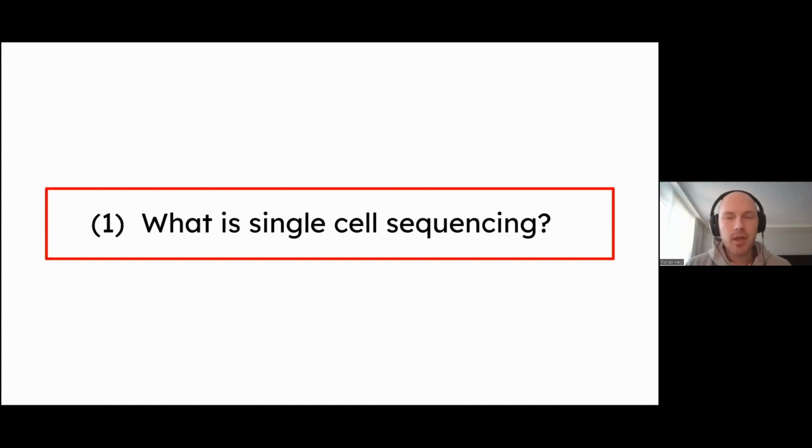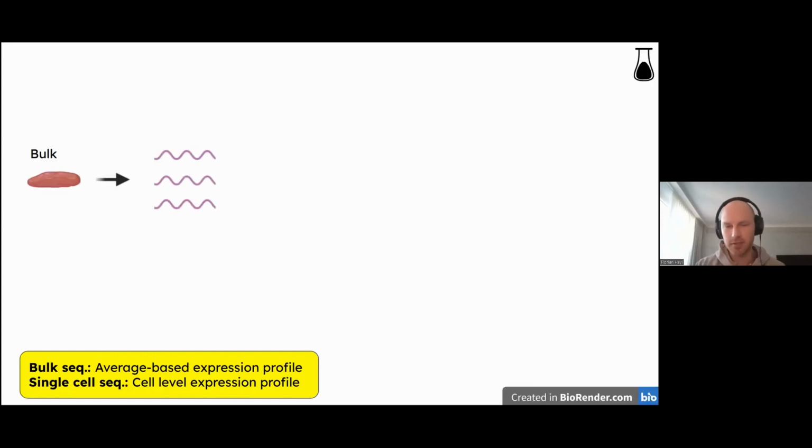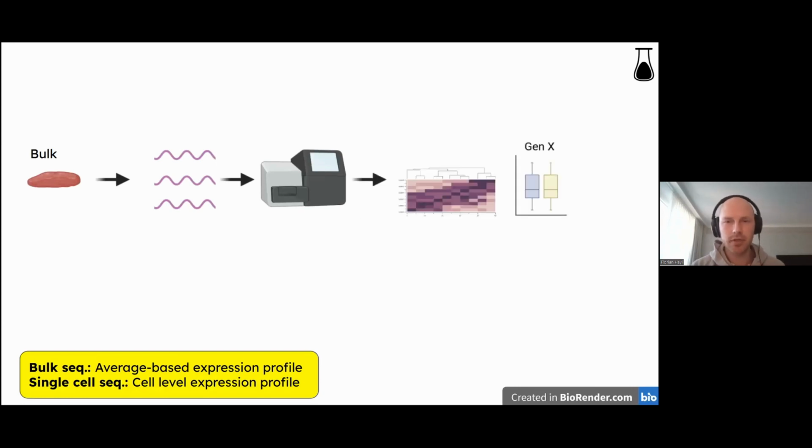Okay. What is single-cell sequencing? So let's formulate the motivation behind it. I think all of you know kind of what bulk sequencing is. So you take, let's say, a tissue, and from this tissue, if you stay with scRNAseq, you take a lot of cells which you lyse, and then you get a lot of RNAs from it. These RNAs you then sequence, and from these sequences you get